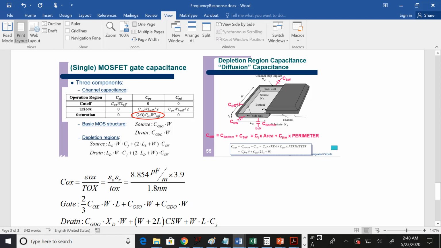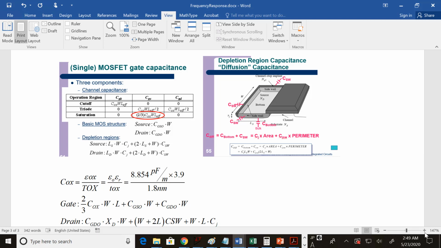So you have the width here times this LS, which tells you the size of this, and this distance right here is not necessarily equal to the length of the gate. So the gate length and the source length are usually not equal. So somebody has to give you this source length. So the area of this is LS times the width of your gate,